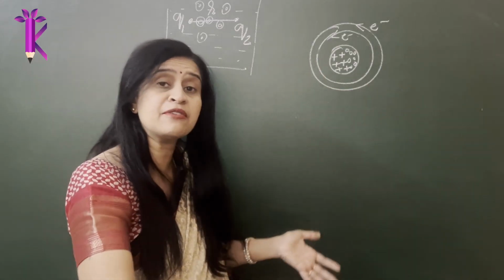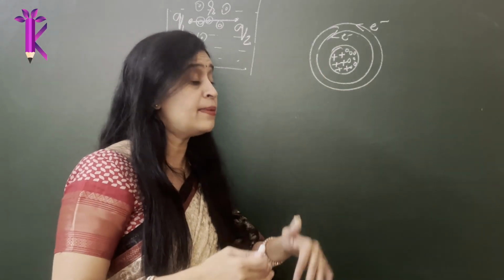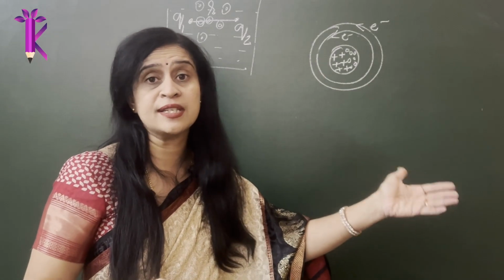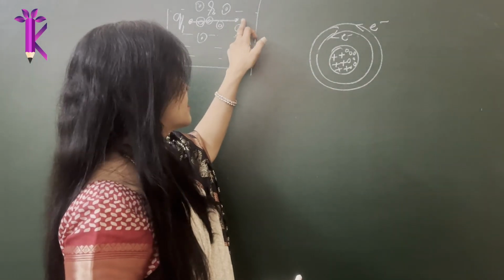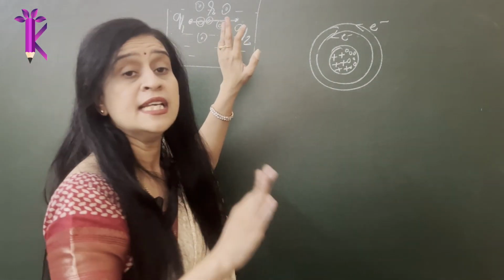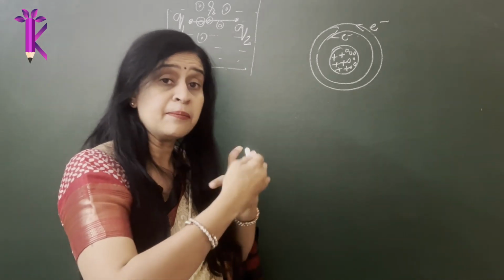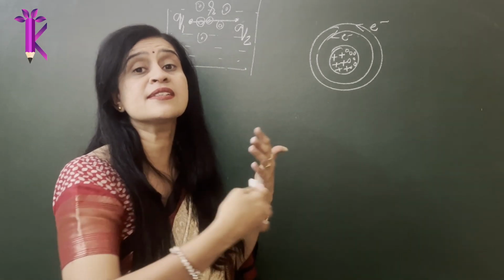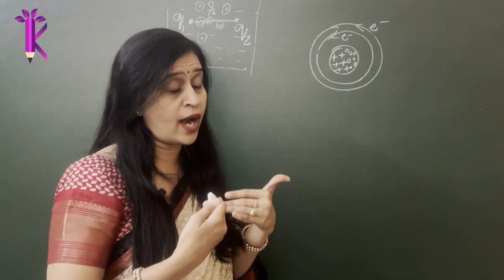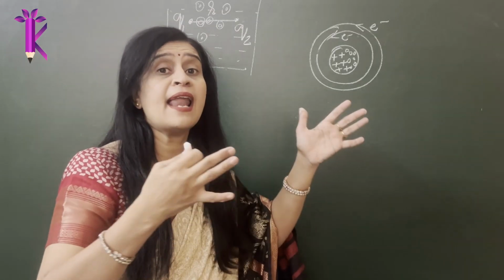It'll have to interact with these obstacles first before reaching the destination. What is the destination? The destination for Q1 is Q2. The destination for Q2 is Q1. So basically, in between these two destinations, for Q1 to reach its destination, it will have to deal with